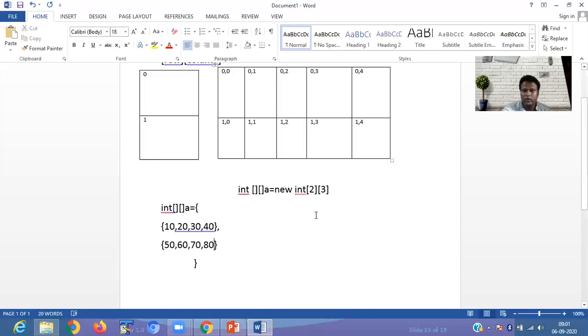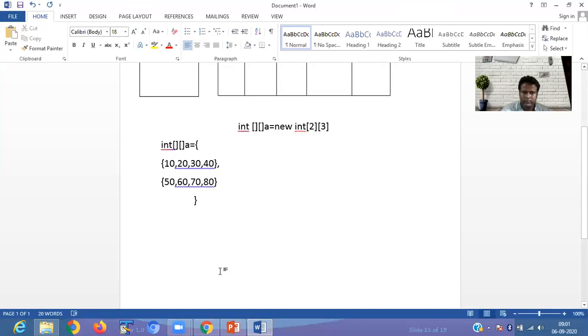So it is a way of defining a multi-dimensional array where the first is represented as a row, second as a column. You can define in this way, or another way is new int. It is another way of declaration.